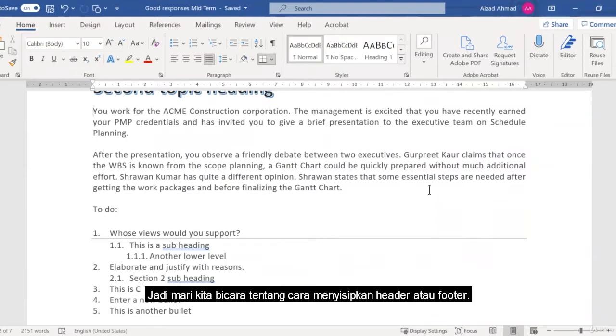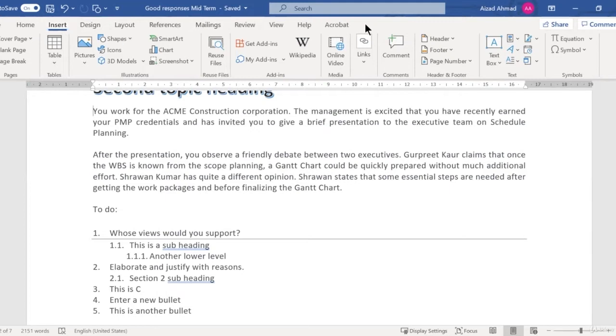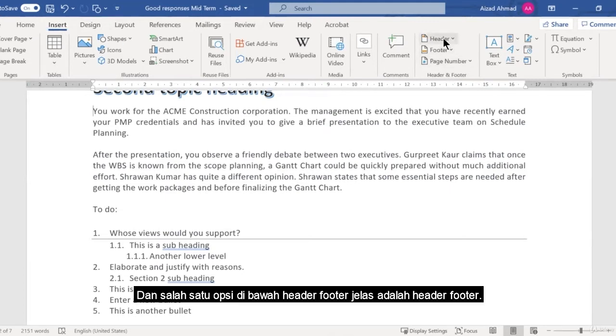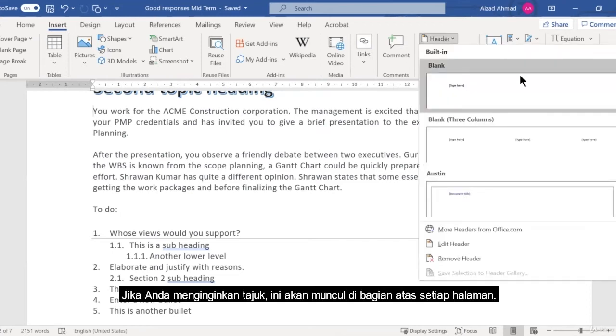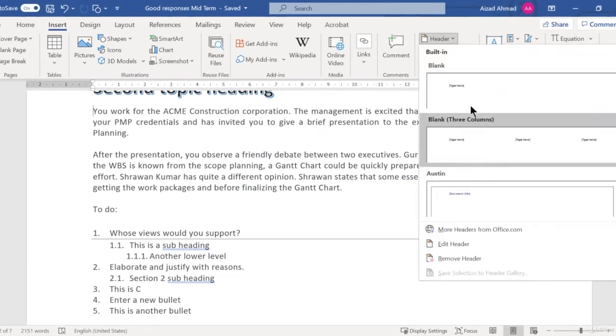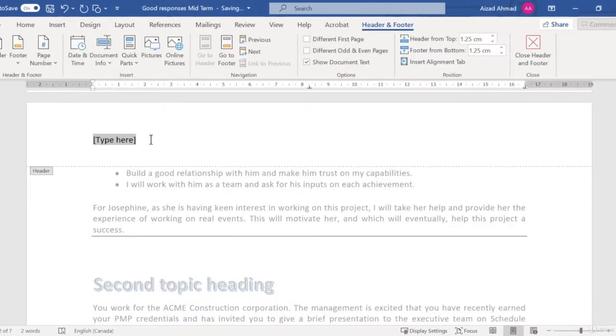So let's talk about how to insert a header or a footer. I'm going to click here under Insert, and as you can see, we have a lot of different options. One of the options is header and footer. If you want a header, this will come up at the top of every page, right? If it's blank here, you can type here. This is, for example, a document by Adam,